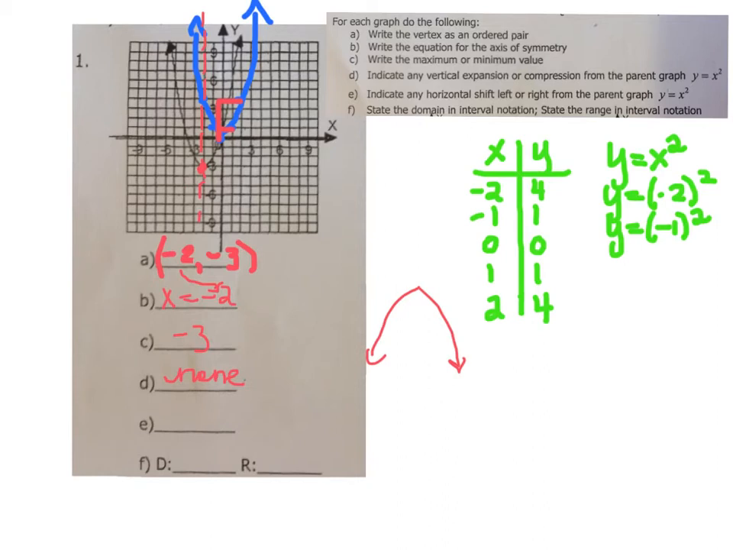Horizontal shift left or right. Well, if I started at the origin from the parent, I shifted left 2. So my vertex went left 2. So I'm just going to write, I went left 2. And I really wish it had an E sub A here,